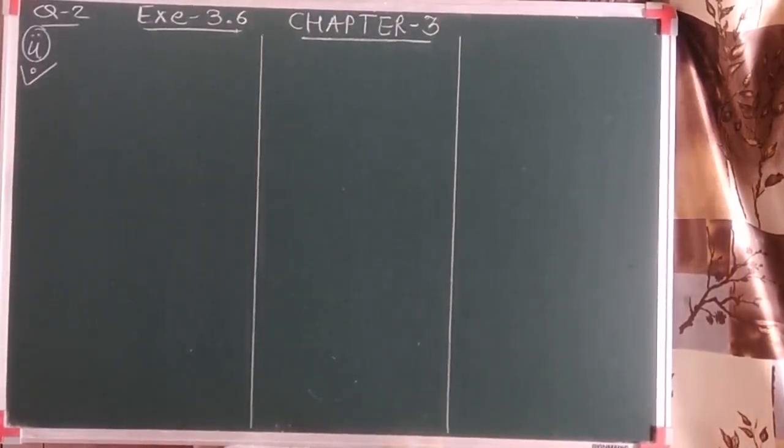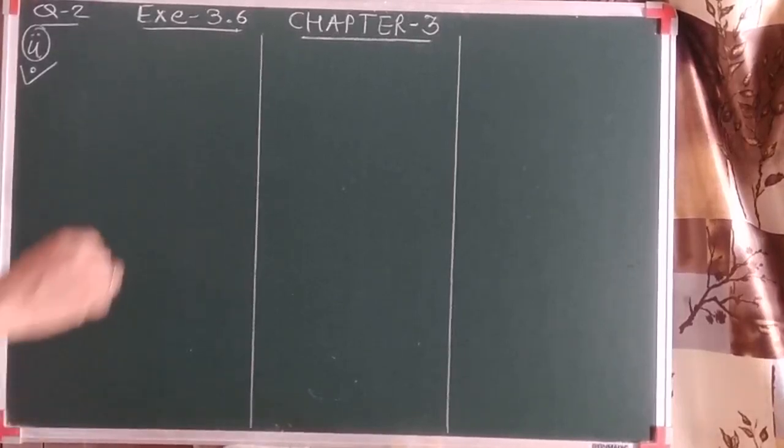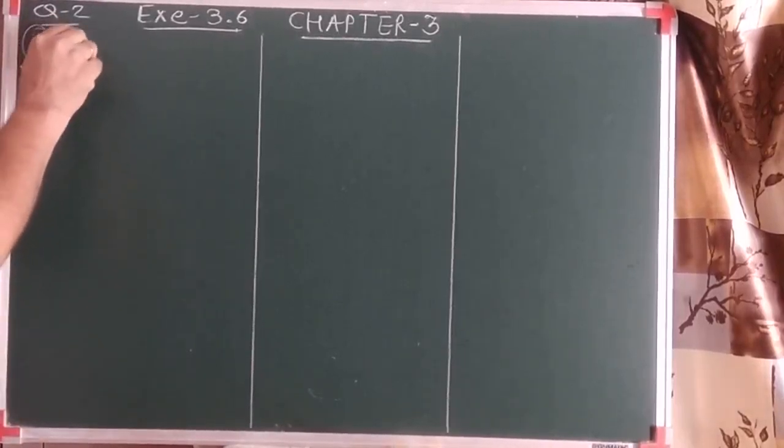It is said that 2 women and 5 men together finish an embroidery work in 4 days. मतलब 2 औरत और 5 आदमी मिला के एक एम्ब्रॉयडरी वर्क 4 दिन में खत्म कर. While 3 women and 6 men can finish the work in 3 days. Find the time taken by one woman to finish the work and also time taken by a man. तो उसी को सपोज करते हैं.